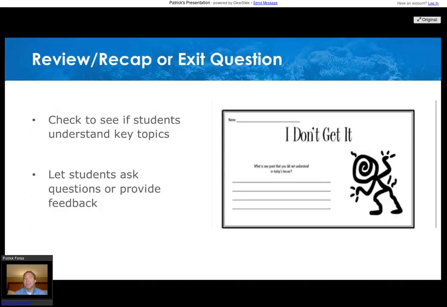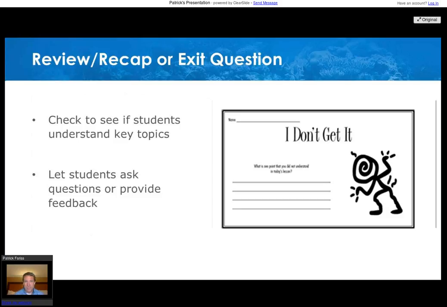So ask a review or a recap, or sometimes we call it an exit question. Ask students to summarize what they learned today, or ask them a question that lets us know, did they understand the key topic? Did they understand what we were really trying to accomplish? Or maybe you ask them, what questions do you have for me so that I can plan for my next class? So before they leave, allow them to answer, allow them to be engaged so they start thinking about the